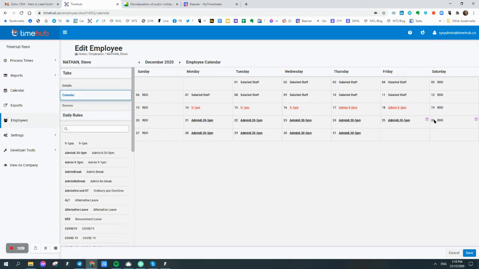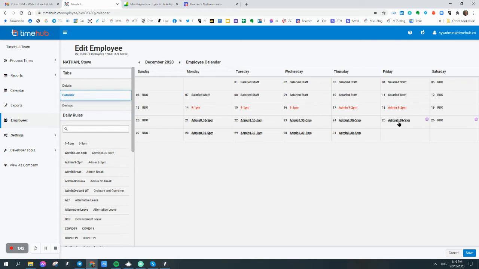If I worked, this would get paid at time and a half and I would accrue an alternative day. The same thing applies if I'm spanning midnight and I've got part days on either side, TimeHub will deal with that. Let's assume that the employee doesn't work. Then this will become my public holiday. If I don't work, I will be paid my default hours or my rostered hours if I am a full-timer, and my average hours for a Monday based on the 4-week average if I am a part-timer. If I do work, that will become time and a half.